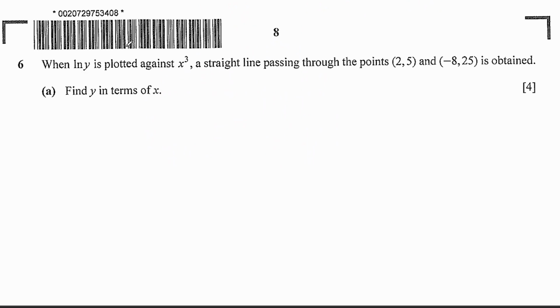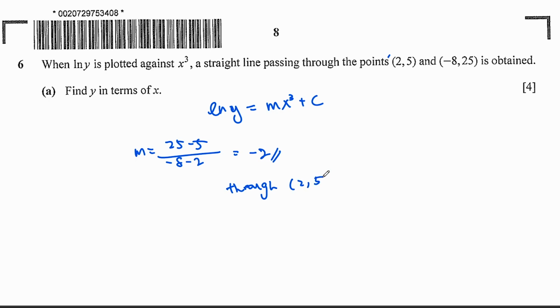When the natural log of y is plotted against x cubed, a straight line passing through these 2 points are obtained. So find y in terms of x. We know that this is true. It's a linear form, and we know we can find the gradient using these 2 points here. So our gradient will be -2, and we can use one of these points to get the y-intercept, right? So we can substitute. Maybe I choose the 0.25, right, and then,